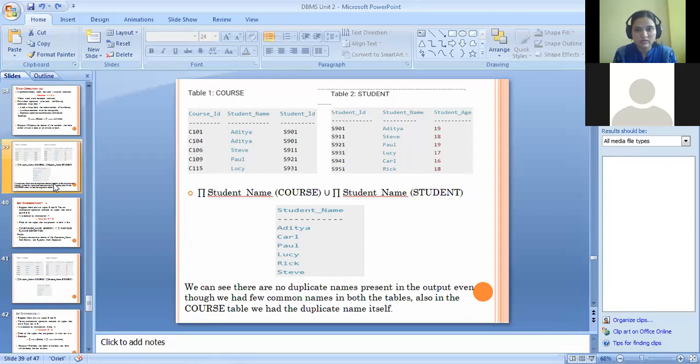Are you getting it, students? Yes, ma'am. There are two tables present over here, course as well as students, and we want the union of the two tables.